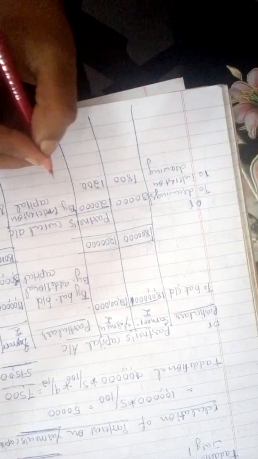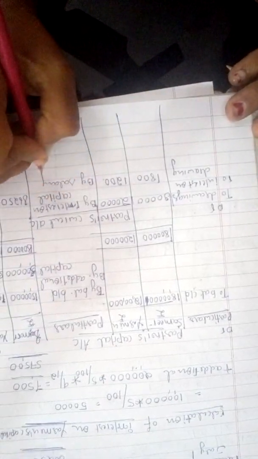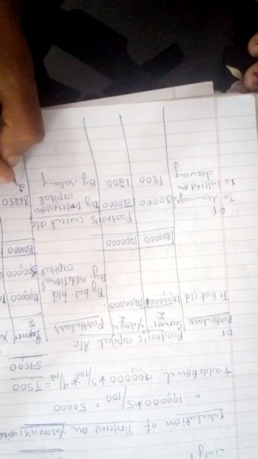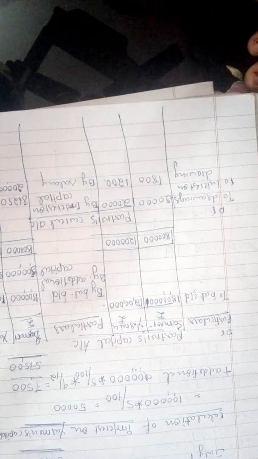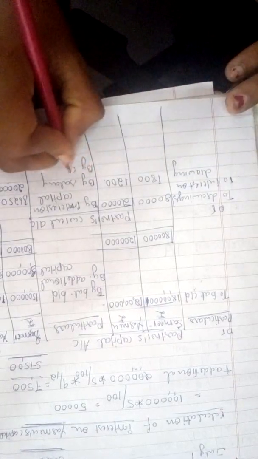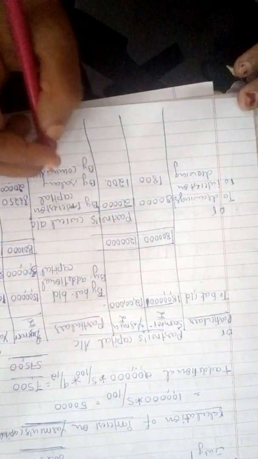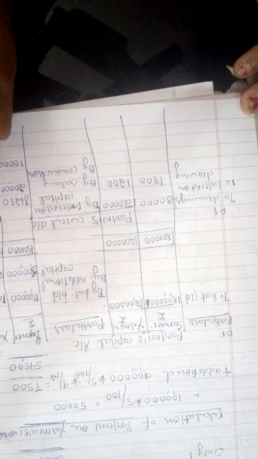Then another adjustment, salary, where we need to write on the credit side, by salary. Salary is for only Samir. There is no amount related to Yasmin's salary. So only write 20,000 for Samir. Then commission. The commission they are receiving, we need to write on the credit side, by commission. You need to remember the format of these particular accounts. Commission, how much? 10,000 is of Samir and 7,000 is of Yasmin.